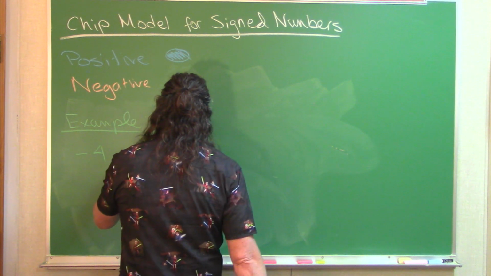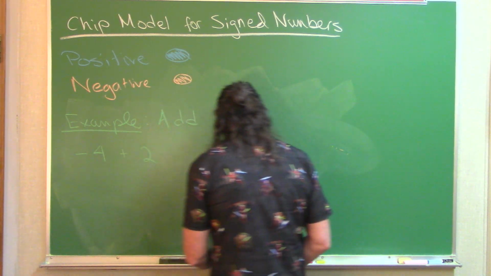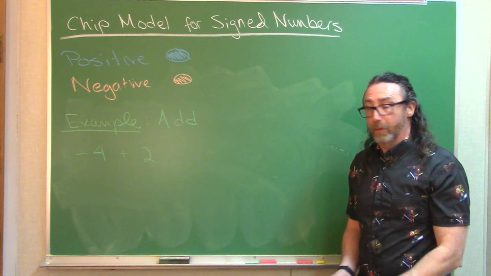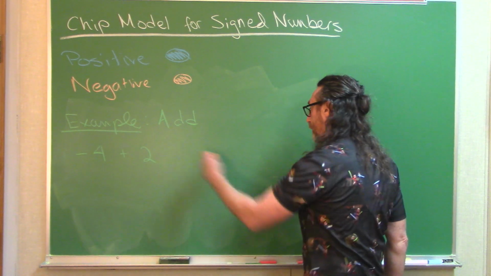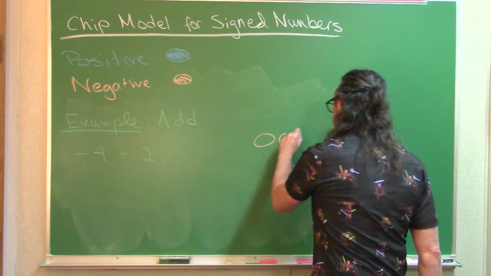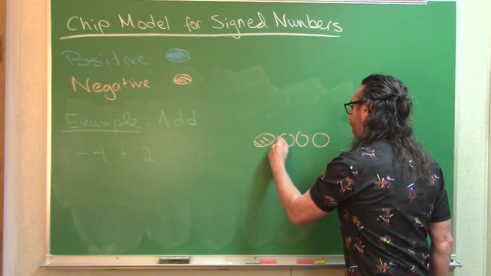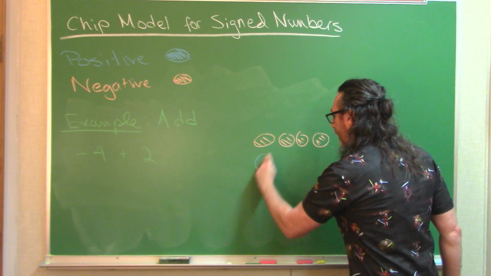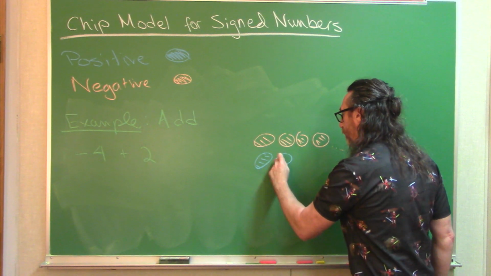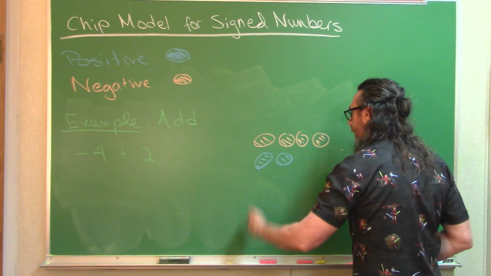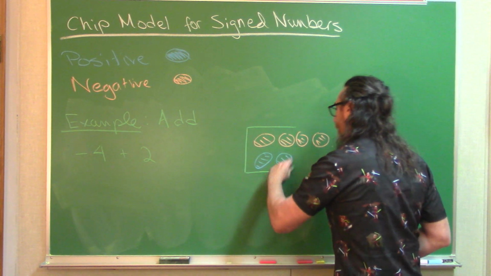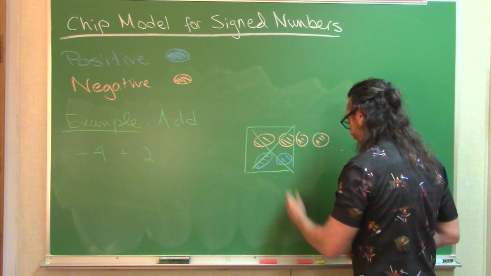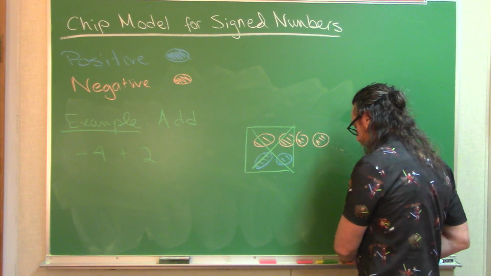So negative 4 plus 2. Well, we'll follow the same principle. We will start with 4 negatives, and then we will bring in 2 positives. That gives us 2 pairs of chips that can be canceled out, and we're left with